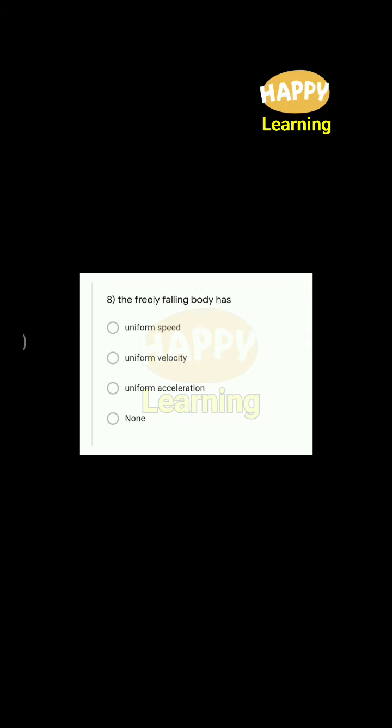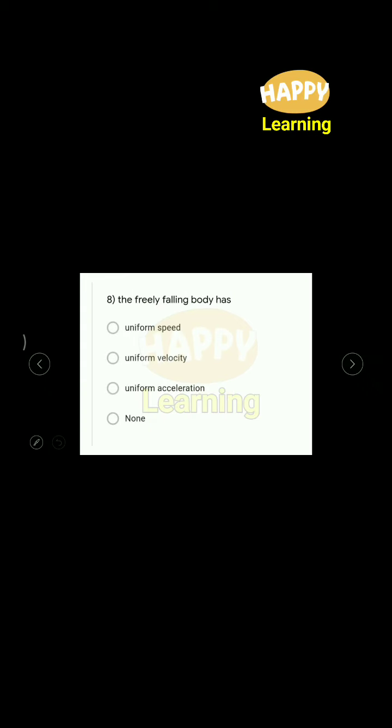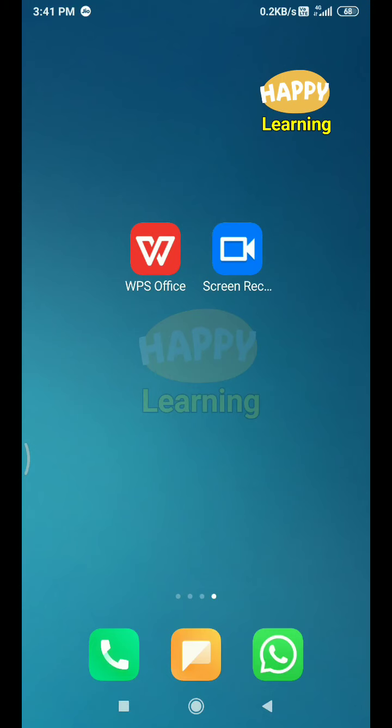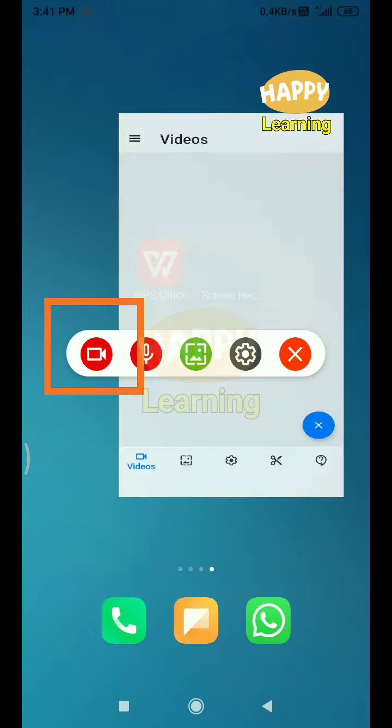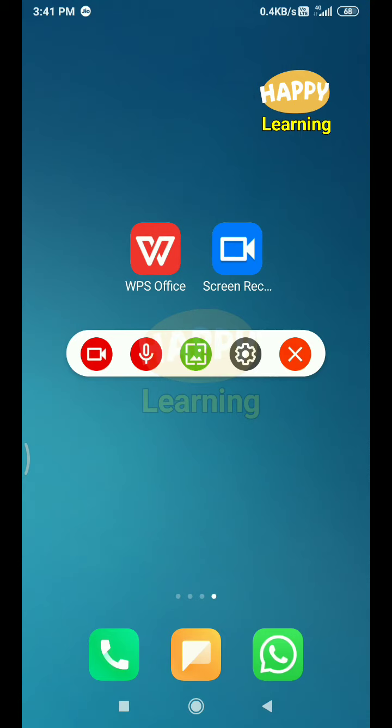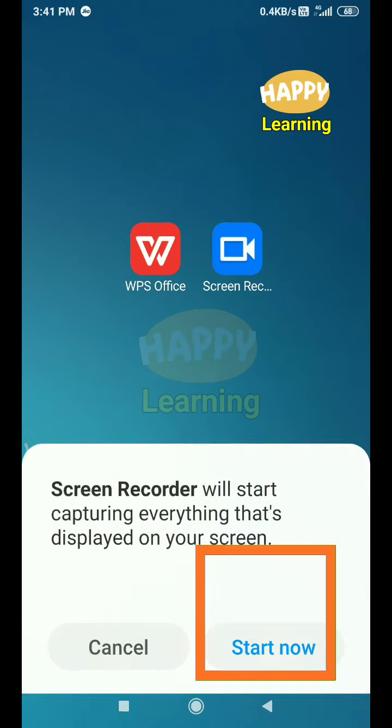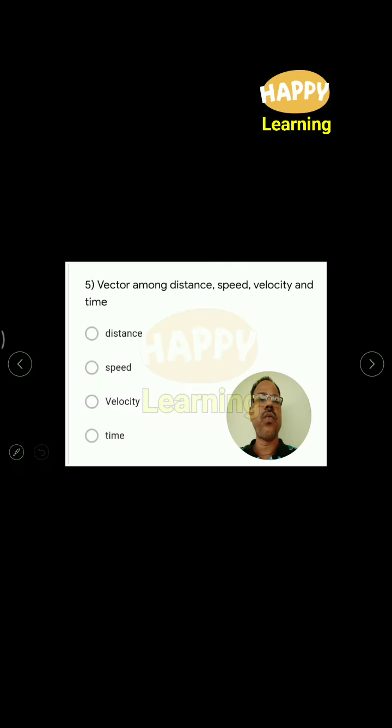I will get this type of interface. Now if you take a smooth tap on the screen, you will get a pop-up like this. So at the top you have got a highlighter pen. For now I am selecting pen to write something on that. On the other hand, I am selecting the screen recorder, so I will get this type of interface. I will click on the video symbol and then I will get a start symbol. I will simply say start now.